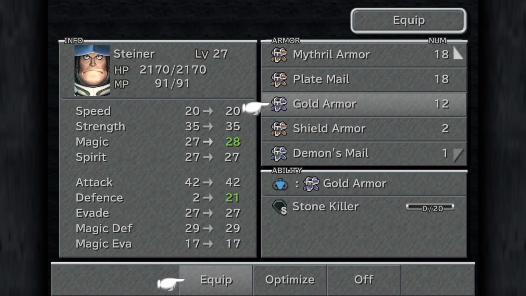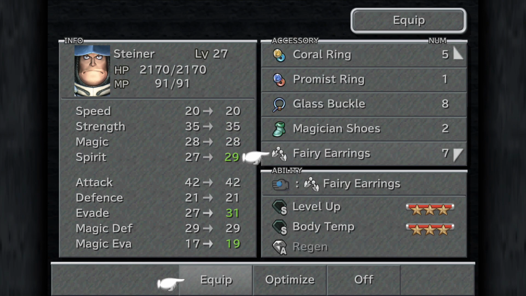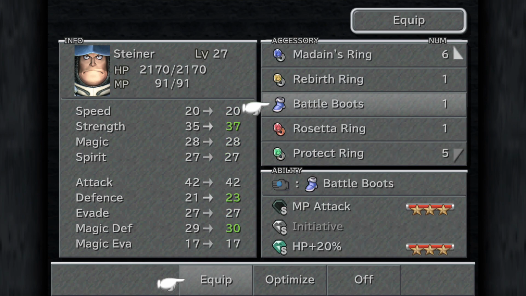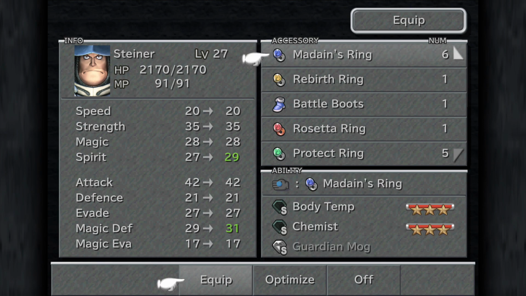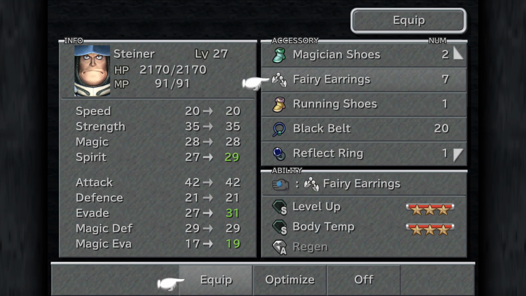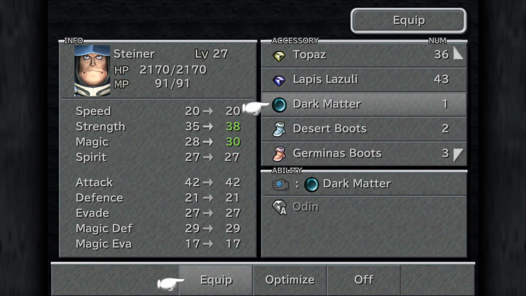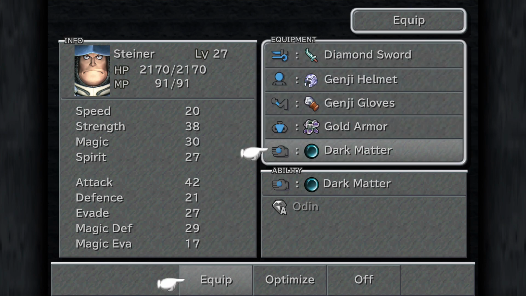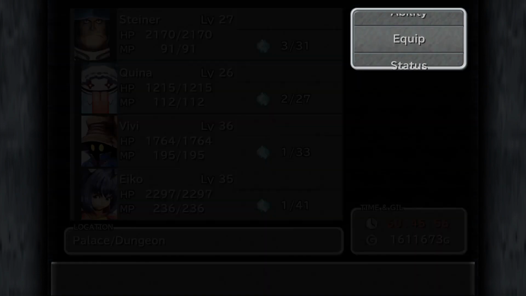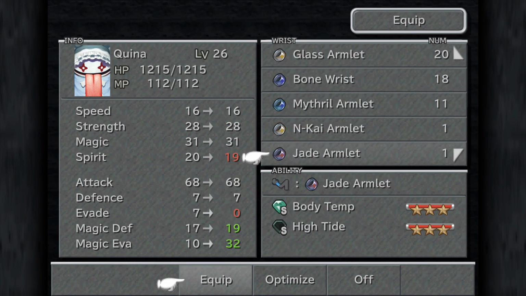I think we actually want the gold armor. Demon's Mail, I'm not sure. It might be better for level up. I don't know how much he's got before he levels up. I guess she never got disarmed, so...